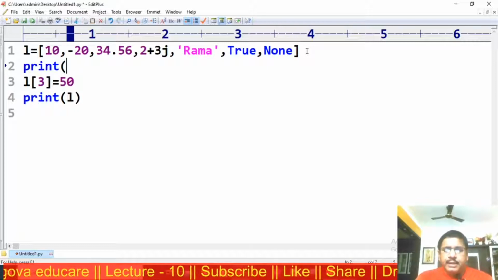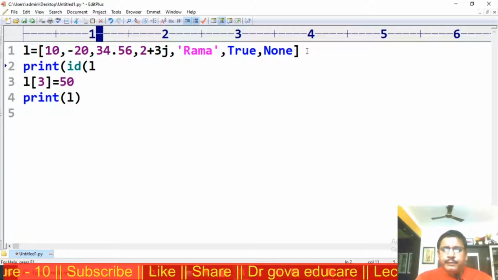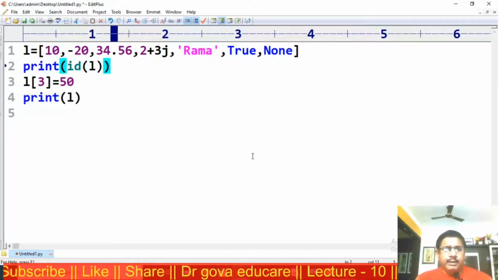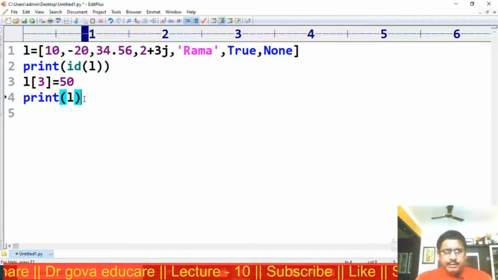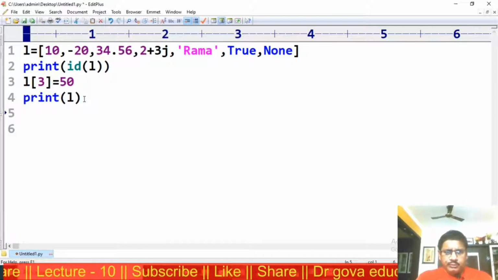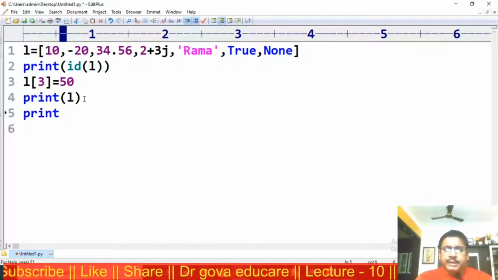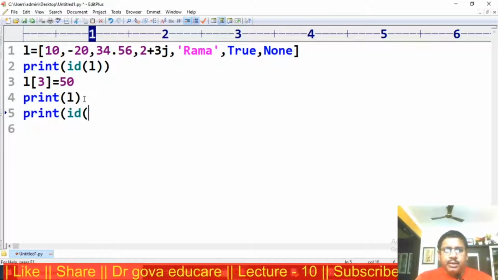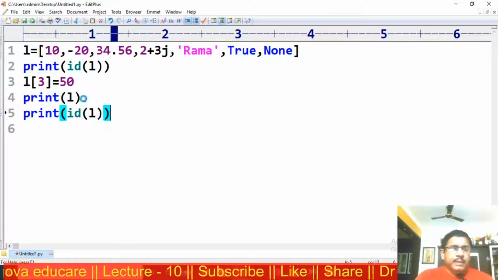Print id(L). After assigning the value L[3] = 50, I am printing the address. Print id(L). I am executing this.